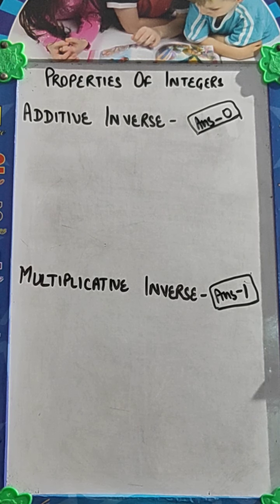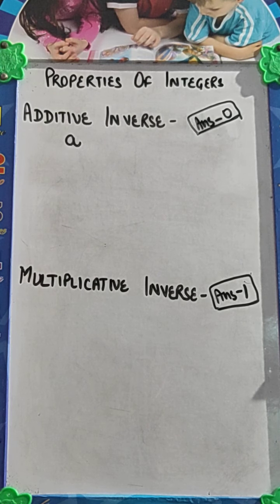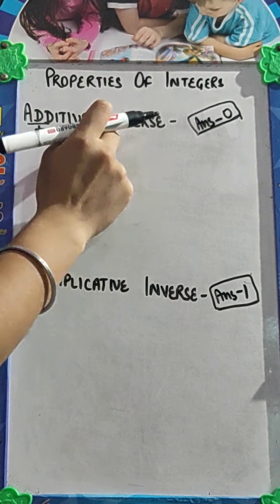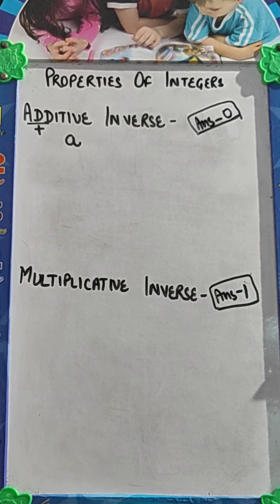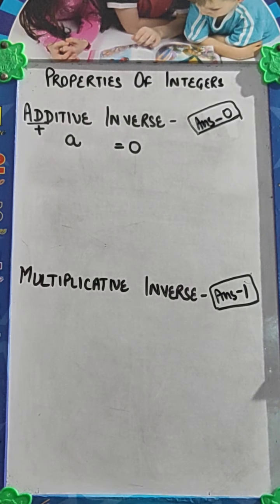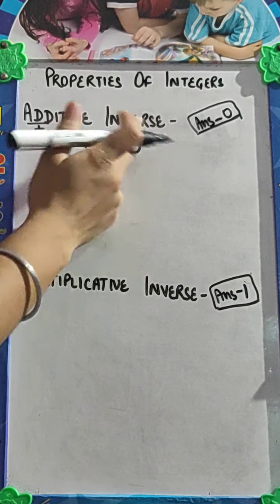Now come to additive inverse and multiplicative inverse. So what do you mean by additive inverse and multiplicative inverse? Firstly, come to additive inverse. It says that if we are having any integer a, अगर हमारे पास कोई integer क्या है? a, and we have to add. Additive means add करना है. क्या add करना है? Its inverse. Inverse means its opposite, so that you will get 0. कि आपको क्या आंसर मिले? 0. So what will you add? आप इसमें क्या add करोगे so that you will get 0?